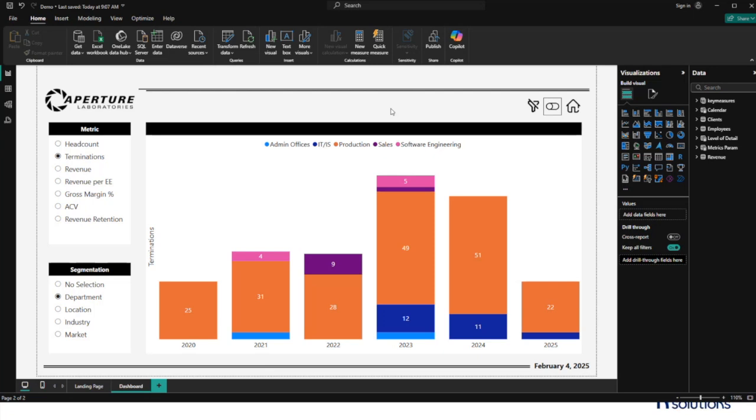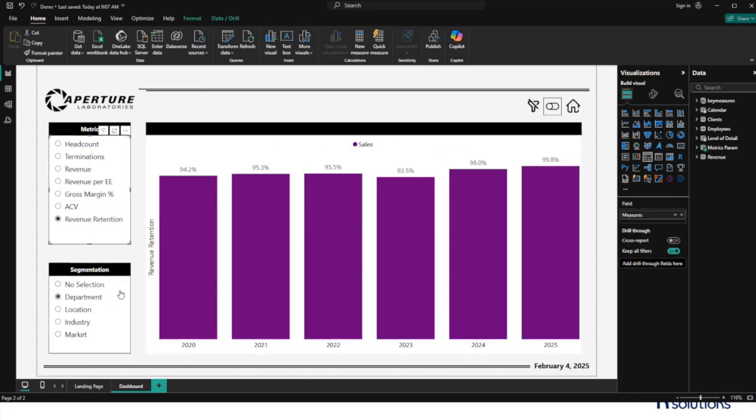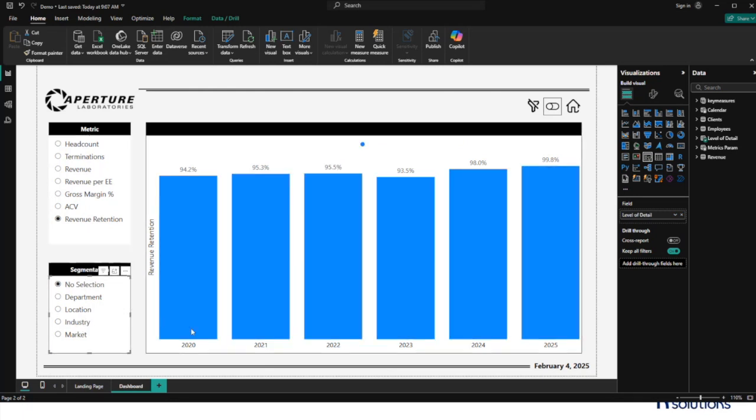So decision making is a huge component here. Calvin, if you would navigate for me since you're sharing your screen, go to revenue retention and just select no segmentation, that's the top thing. You can see year over year, retention is going up,